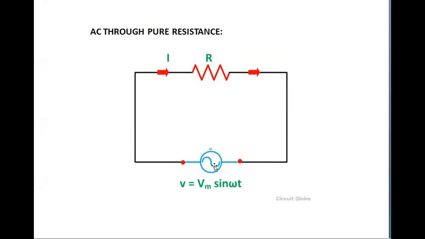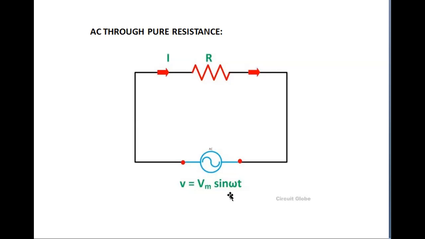This AC voltage source is connected across a resistor. So the current is passing through the resistor. The current is represented by the letter I here. So consider a simple circuit consisting of a pure resistance R ohms connected across an AC voltage source V of t is equal to Vm sin omega t as shown here. So according to Ohm's law, we already know that I of t is equal to V of t by R. That means V of t formula is Vm sin omega t. So I of t is equal to Vm sin omega t divided by R.